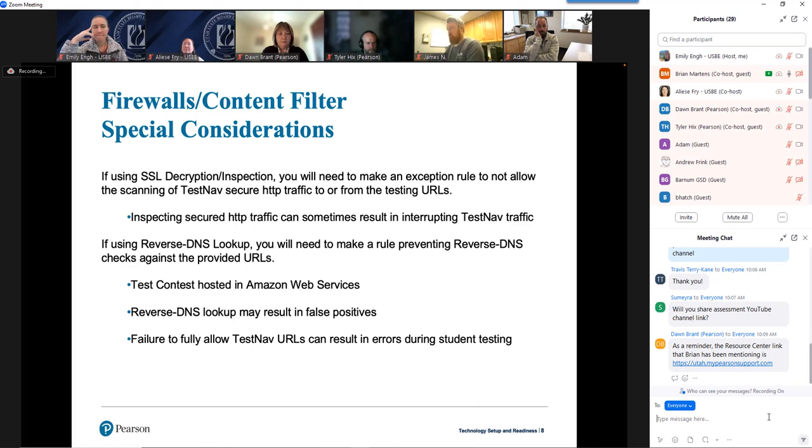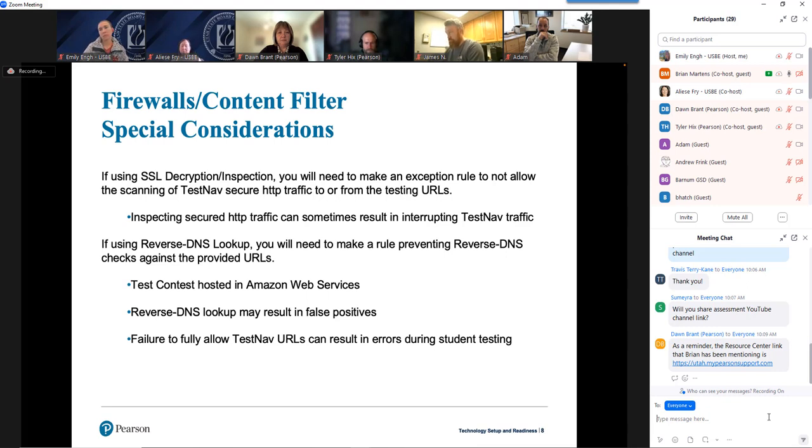Same thing applies to reverse DNS lookup. You need to make a rule preventing reverse DNS lookup against the provided URLs that I showed you. Our test content is hosted in Amazon Web Services, so it is a dynamic set of IPs. There's no static set of IPs that we can provide. Because of that, the IPs go in and out of service with various different websites throughout the world, right? When we spin up new servers, we get new IPs.